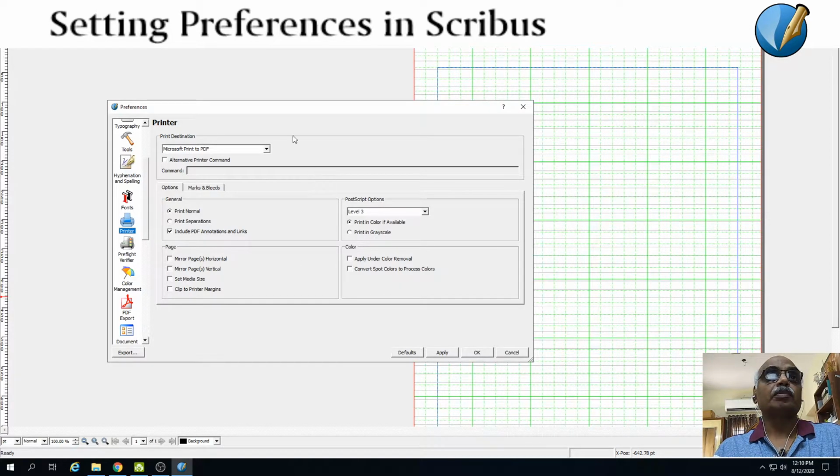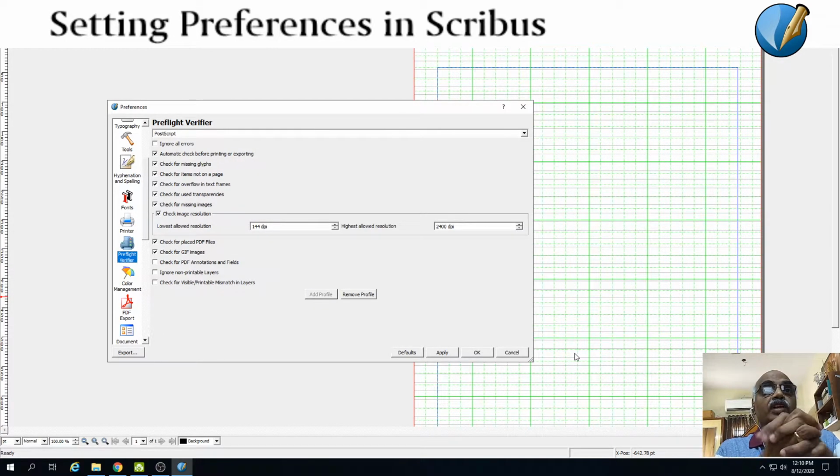So this is actually the printer setting. You need to be in active communication with your official printer to get the settings from what type of printer he is having. If you are going to use a PDF, all the settings will be automatically given by default. So if you choose print, all the settings will be automatically given. So PDF is not a problem. If you want to manually print your work, it is better to coordinate with your printer regarding the requirement for that specific printer.